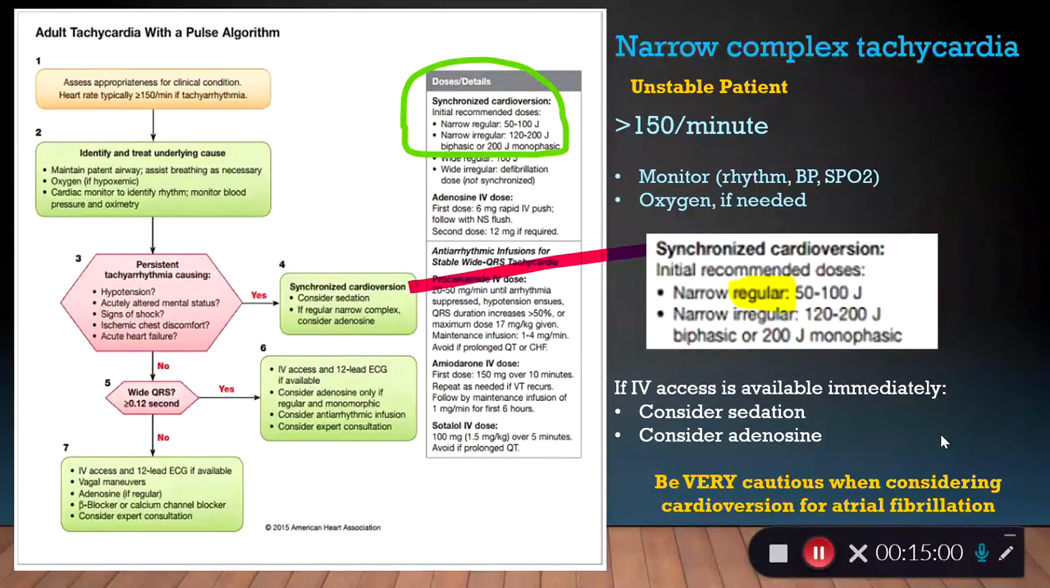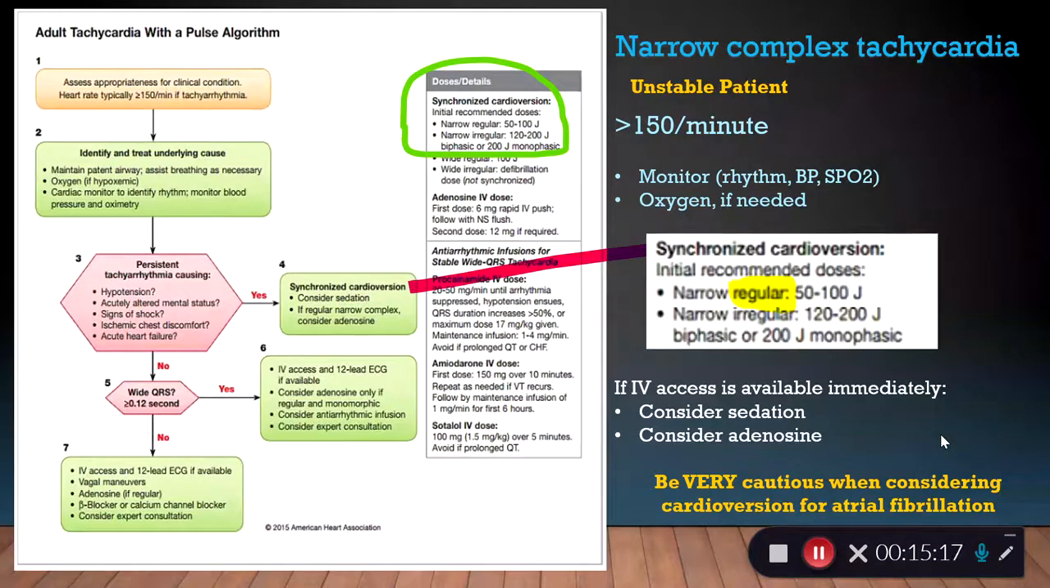Now, the one rhythm that will respond well to that low dose is a flutter, atrial flutter. So if you can see that flutter pattern, that's where you'll consider the 50 joules. Okay? Now, if it's irregular,